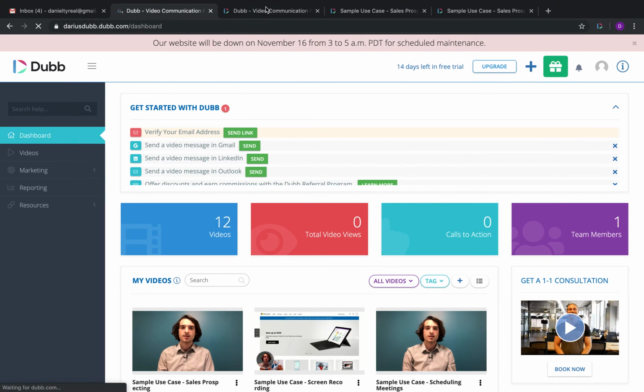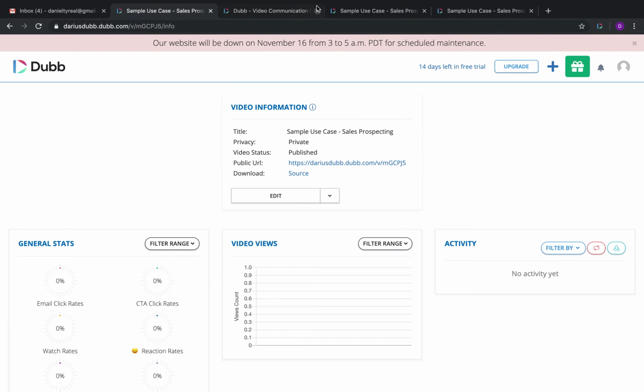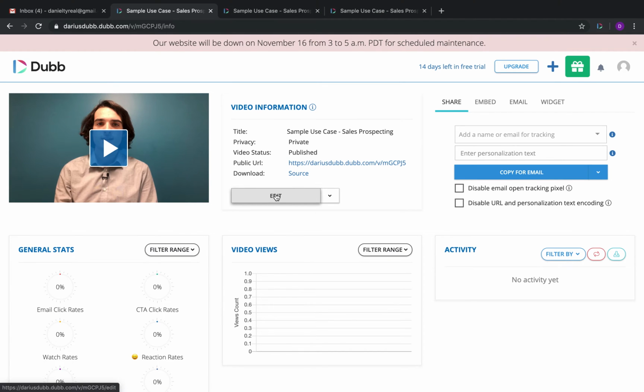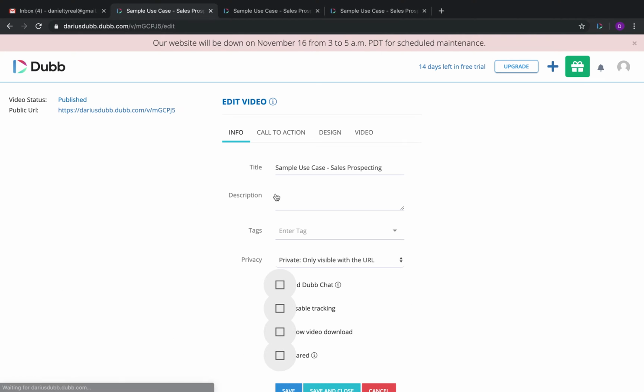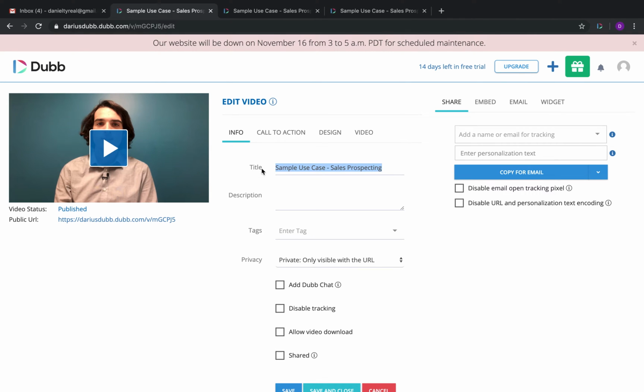So I click that video here, takes me to the video information page for that particular video. Then I can click the edit button and change some of these things. I can change the title, which is only visible when you're sharing the videos through social media or text messages. I can also change the privacy to where it's either visible on search engines or only visible to people with